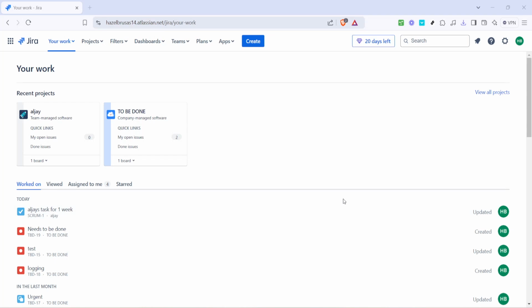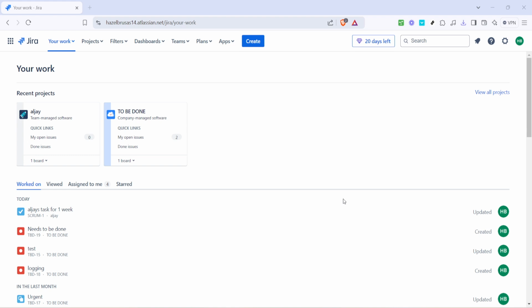In today's video, I'm going to teach you how to show labels on a Jira board. Whether you're a seasoned Jira user or just getting started, being able to manage and display labels effectively can greatly enhance how you track and organize issues. Labels serve as helpful tags that you can attach to various Jira issues, making it easier to identify, categorize, and sort work items based on different criteria. So let's get right into it and take a closer look at how you can show labels on your Jira